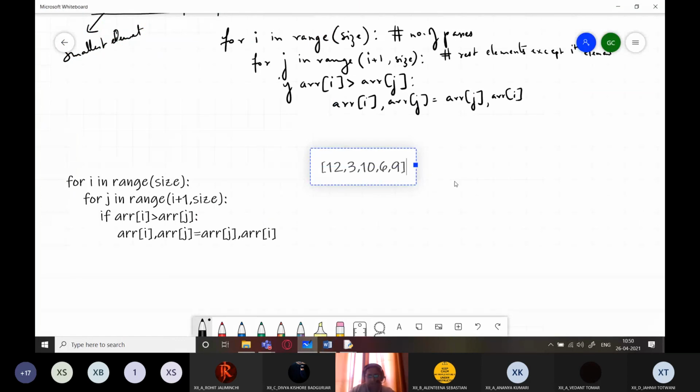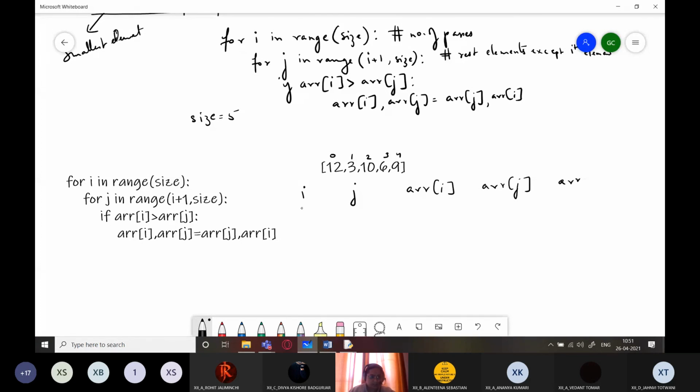So I'm keeping it over here. So size is what? 5, right? I is, let me take some space. This is I, this is J, this is ARR I, this is ARR J, right? And what will be ARR?